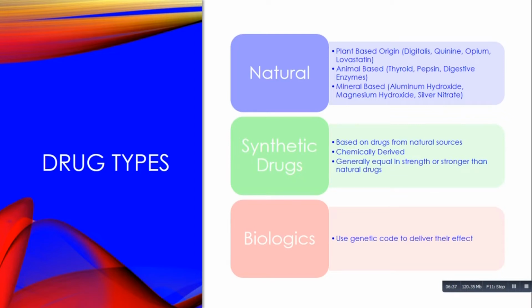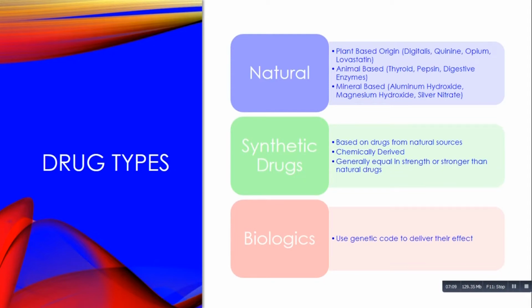From the natural-based drug products, we get synthetic drugs. These are drugs derived from natural sources and chemically altered into a new drug molecule. Generally, they're equal in strength or stronger than their natural counterpart. Opium, for example, leads its way to morphine, oxycodone, codeine, hydromorphone,